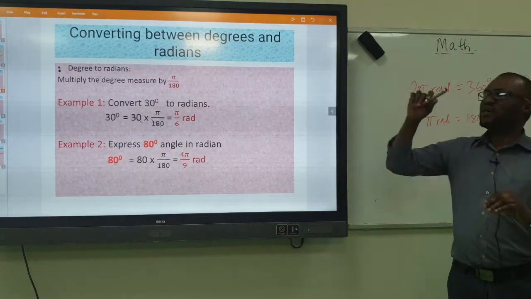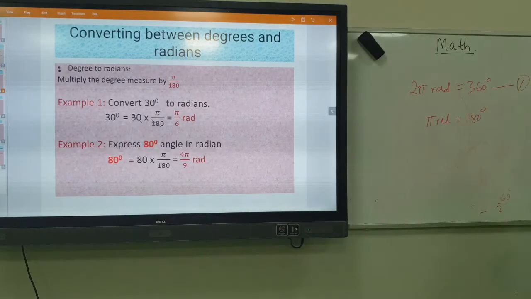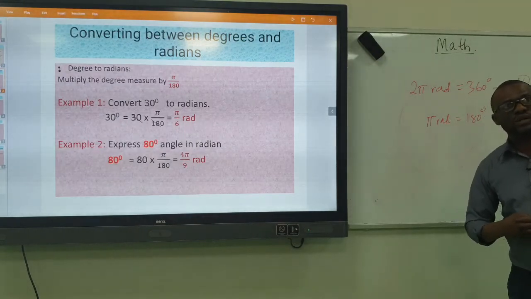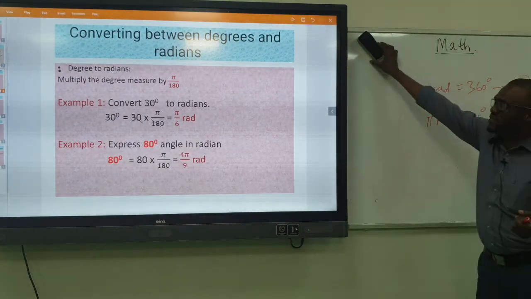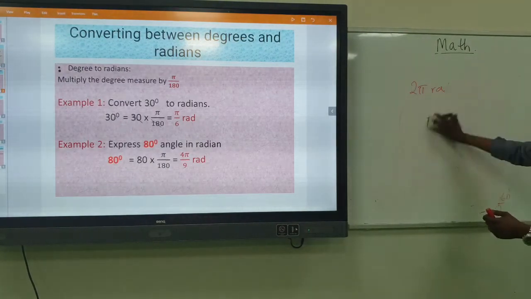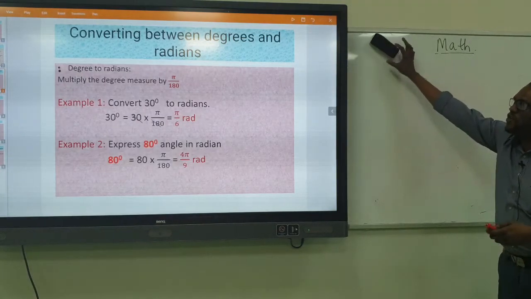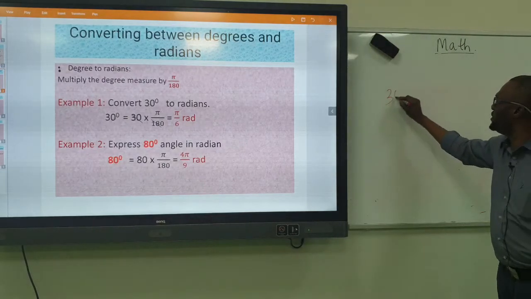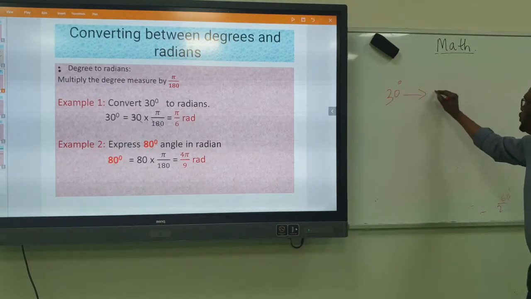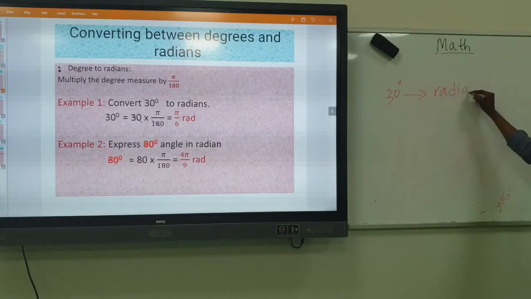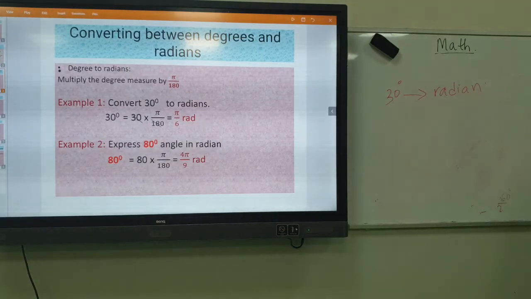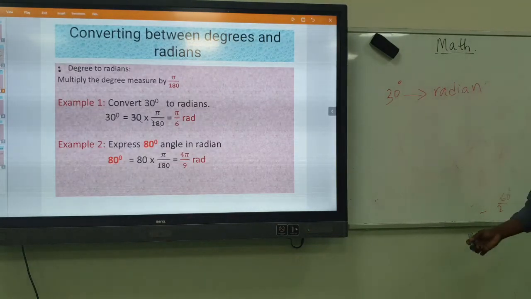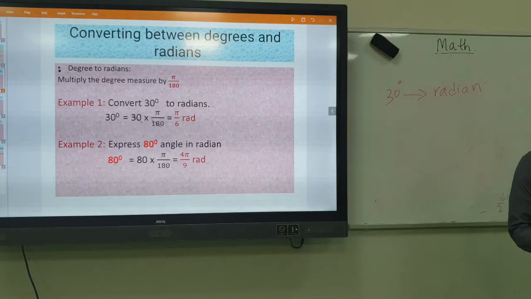Let's look at the first example. You were given 30 degrees and you have to convert 30 degrees to radians. This is very simple. This is just an illustration. Now, I'm converting 30 degrees into radians. Since I know that any angle must be multiplied by pi over 180,